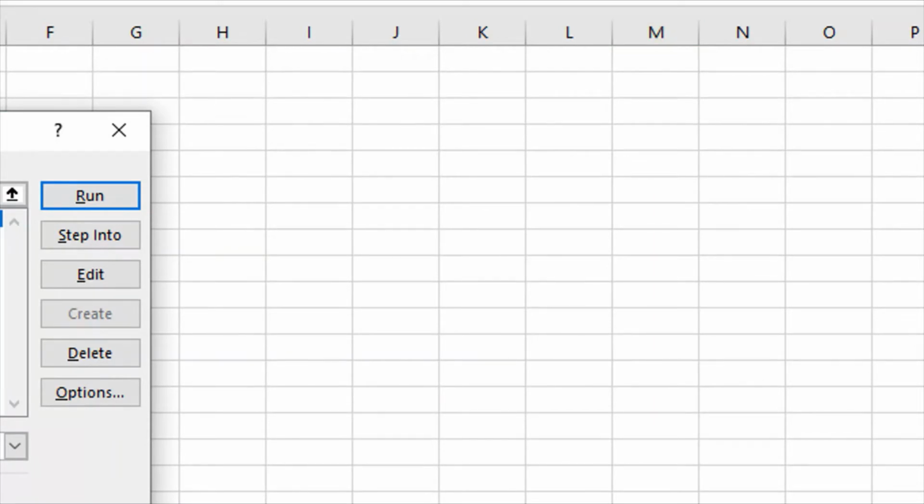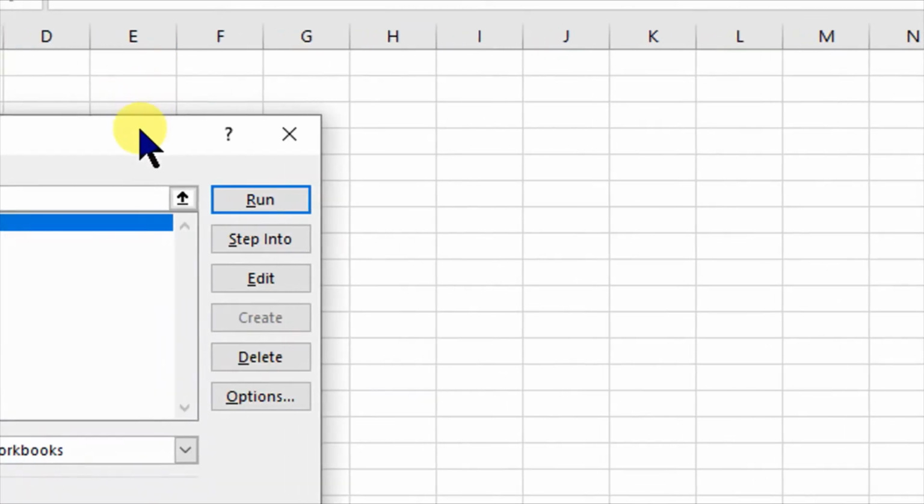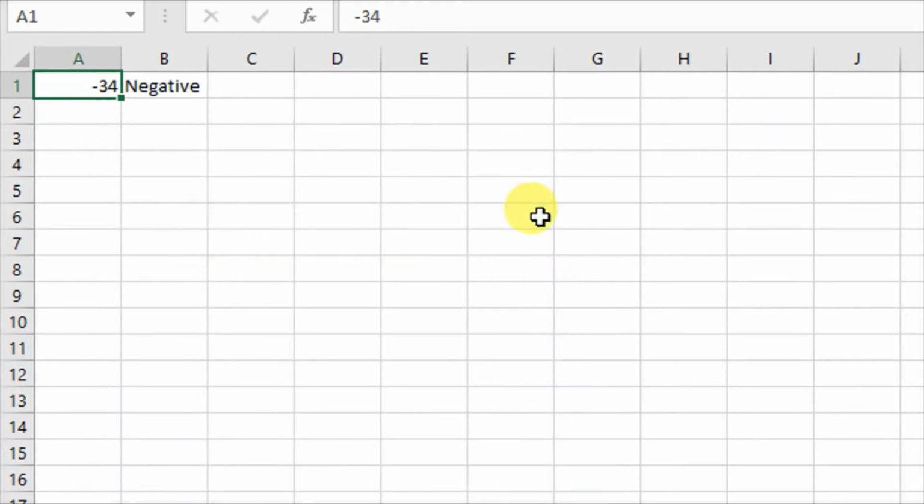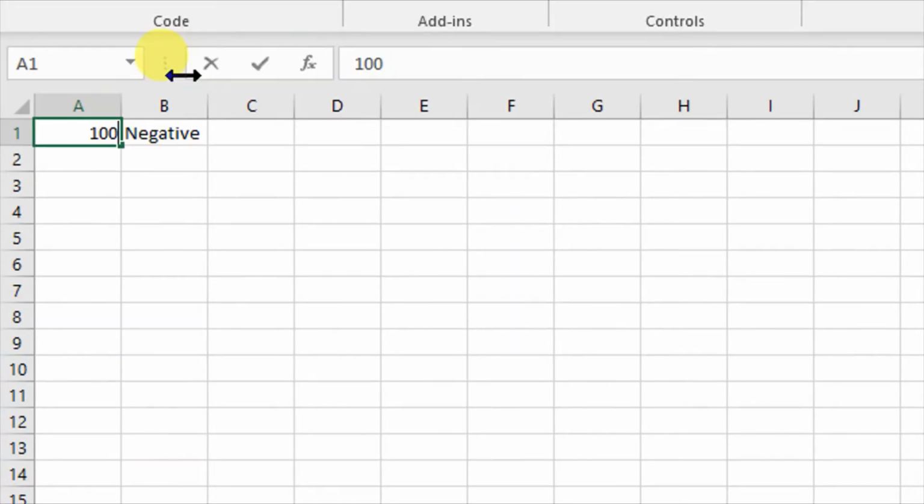So now see what happens. So now I've run this program. Run. So it is telling me negative. Now if I write 100 and I run it again,